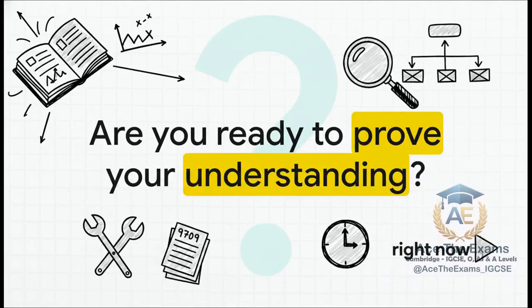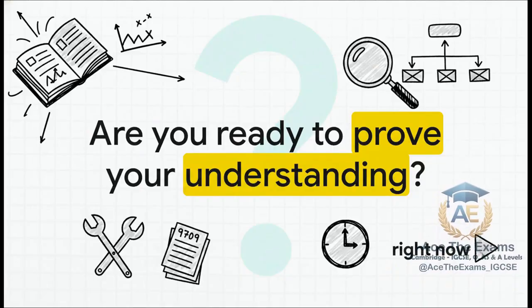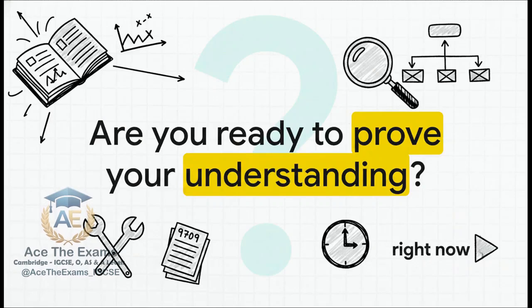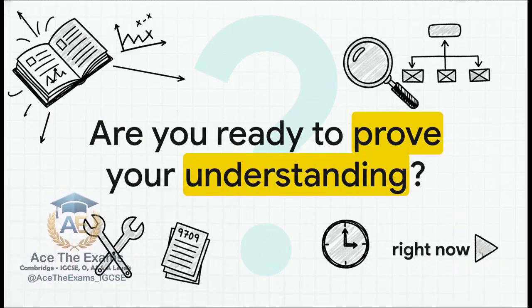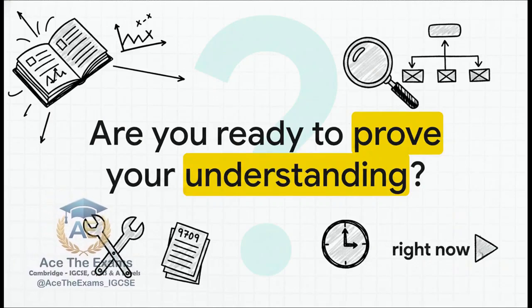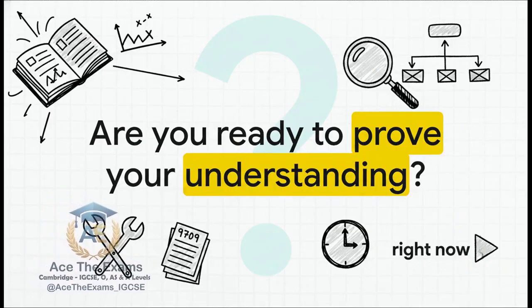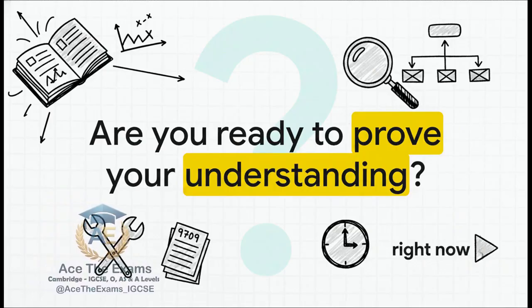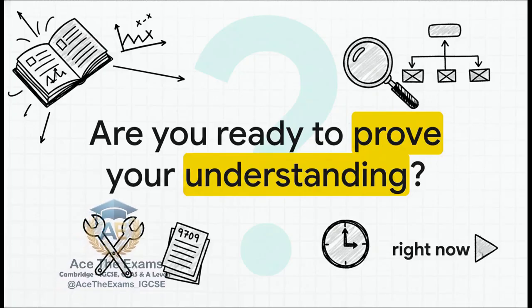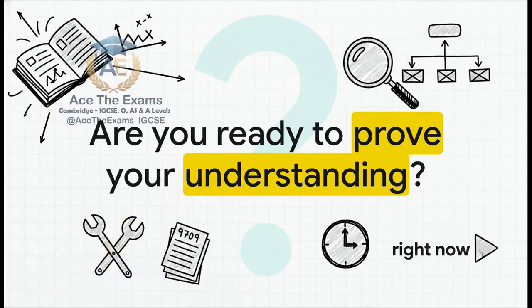Which leaves us with one final, provocative question. Are you ready to stop merely memorizing formulas and start actually proving your conceptual understanding? The tools and the recipe are now fully in your hands. Your very next step is to grab a Cambridge 9709 past paper and practice applying these exact rules to a hypothesis test question today. Thank you so much for joining me for this explainer.